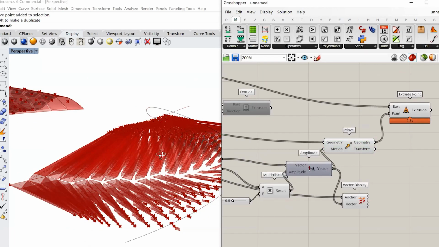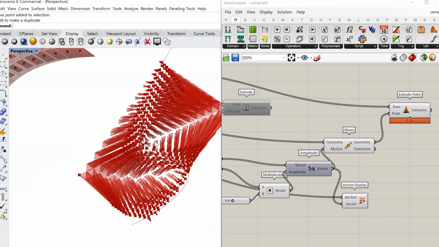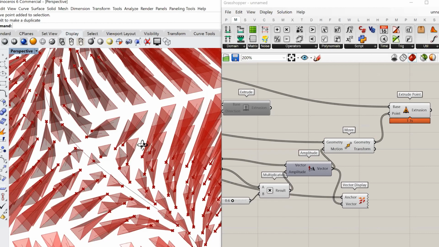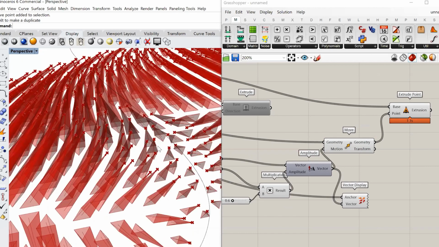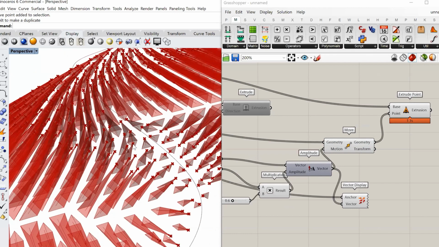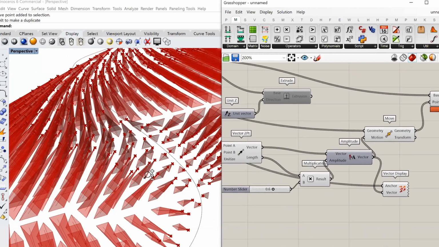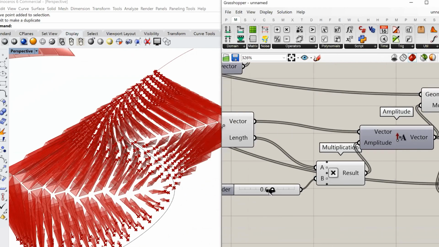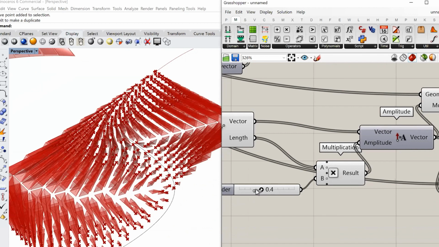So now you can see everything is moving towards its respective vector. So it looks like a force going towards that particular line. So mathematically, you can do magic with numbers till the time you have a clear understanding of how to use the data, basically. Right. So I can just affect this geometry.